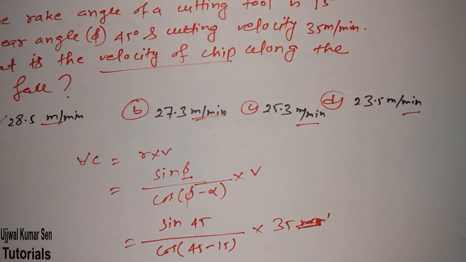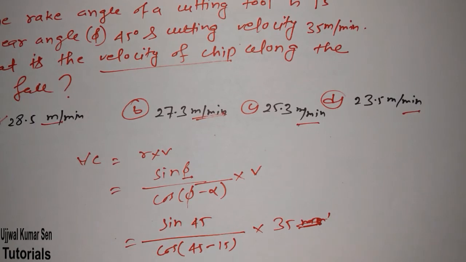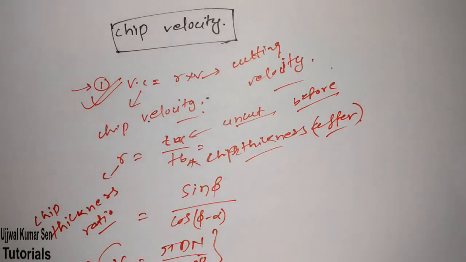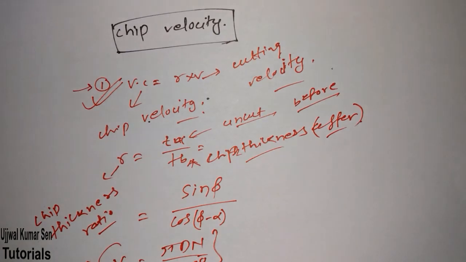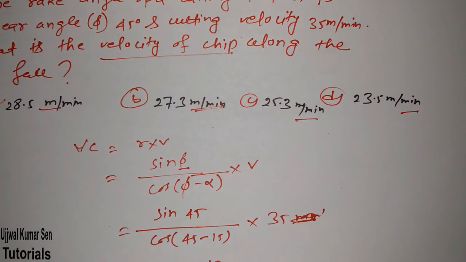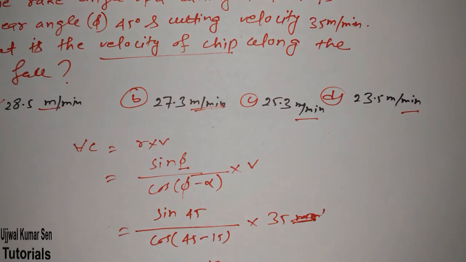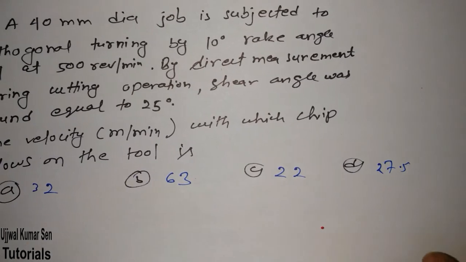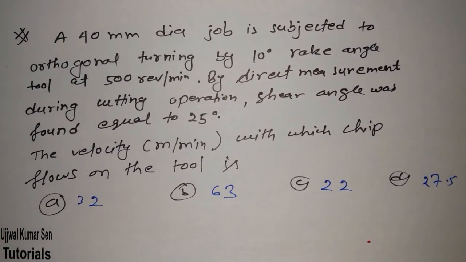So this is how to find the cutting velocity of the chip, or chip velocity. The first question is solved. Now let's go for the second question. Probably you are also waiting for that. For solving the first question, I used the formula I already shared with you and how it is related with the others. Now we go to the second formula I shared earlier, and we can solve the second question using that formula. I hope you are interested, right? So let's go for that question. We have a question right now. Let me read the question, because this is an interesting question, right?